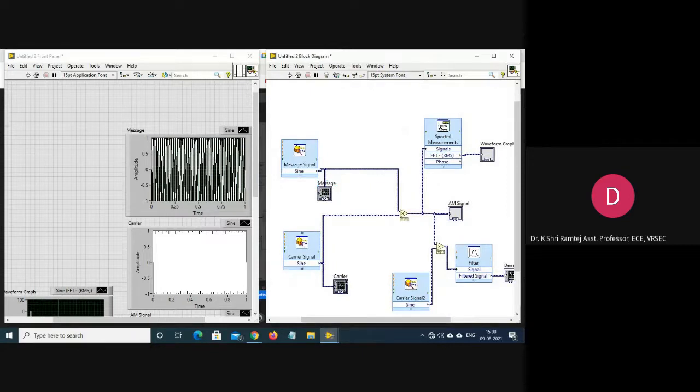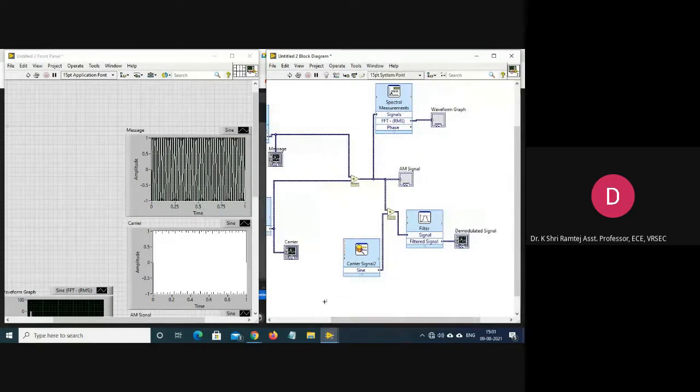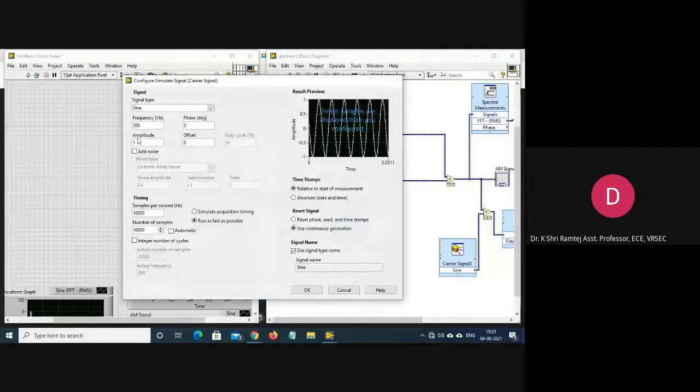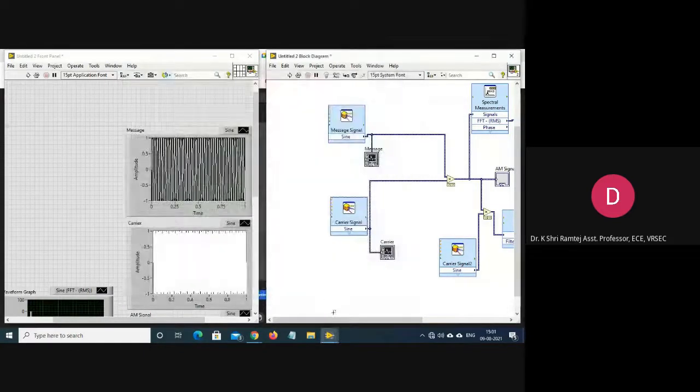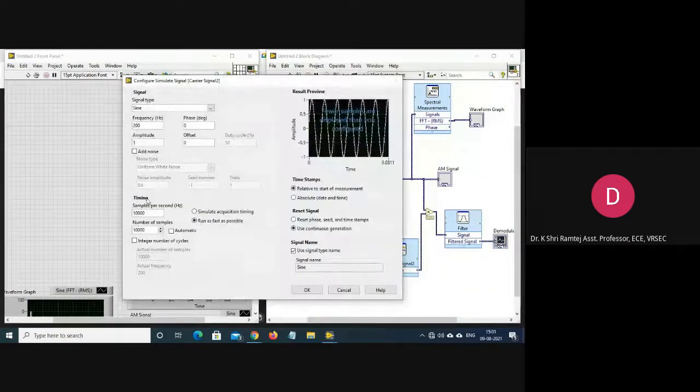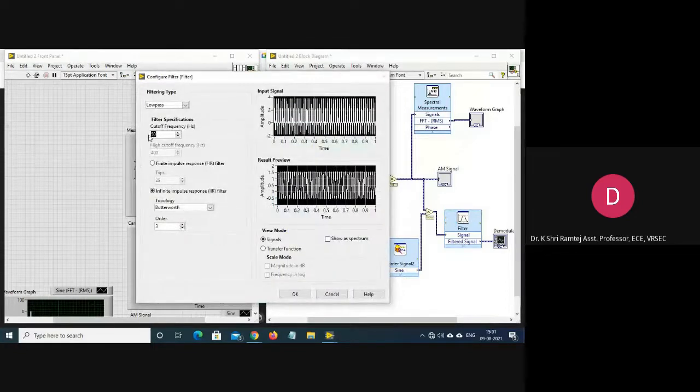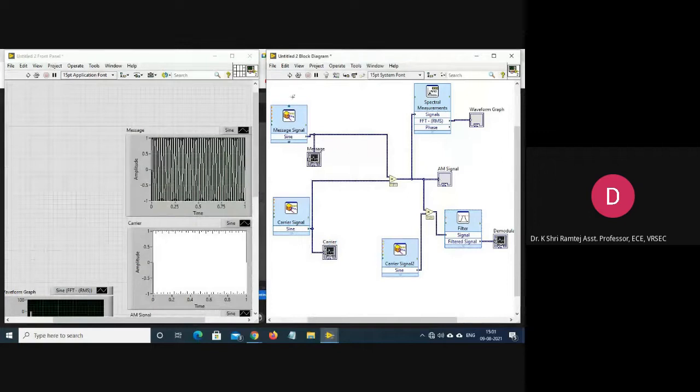Here we can observe the message signal. This will be the carrier, and here we can observe the Fourier spectrum of the DSB SC signal. And again, in order to demodulate, we can simply use the coherent detector. Again, let us change these values to 10 and 100. The locally generated carrier should be exactly equal to the transmitted carrier. And this low pass filter should have a cutoff frequency which is equal to FM. Now, if you run this,